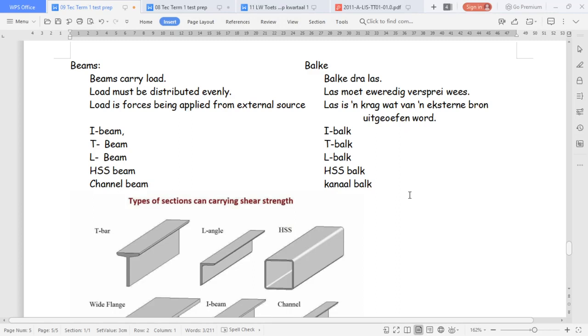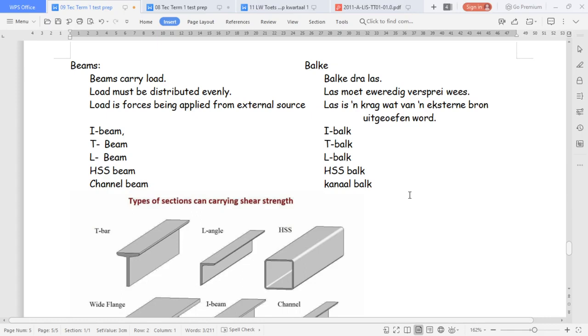Okay, so ons kry die las moet evenredig versprei wees, sodat die balk en dit wat ons gebou het, wat versterk word deur die balke, nie in mekaar sak nie. So daar nie 'n las op die een kant is en nie op die ander kant nie, en dan kry ons verskillende wringkragte en so aan wat ons struktuur